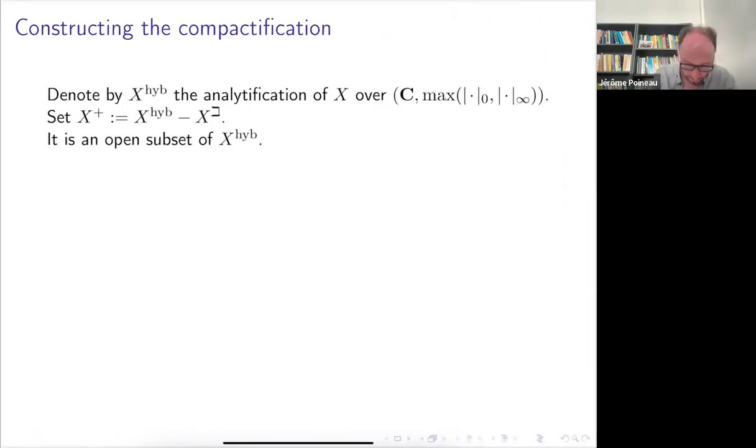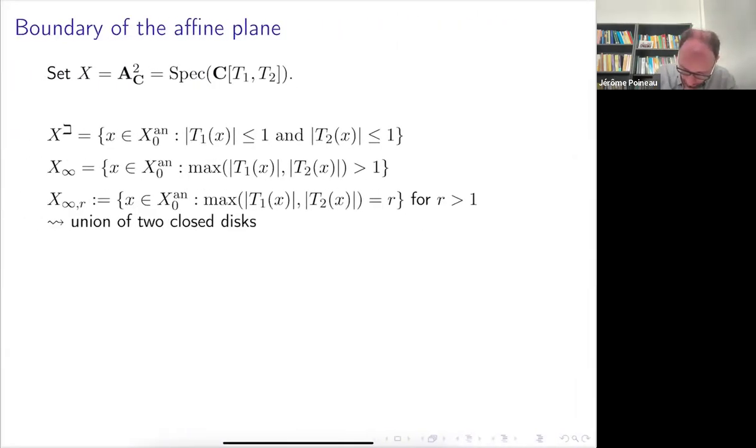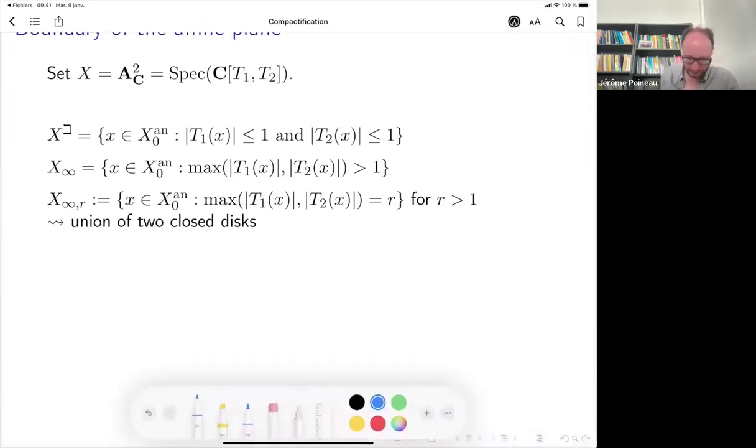And I want to draw a picture of this X infinity r, which is the more crucial thing to understand. So you see that you have this max of T1 and T2 is r.